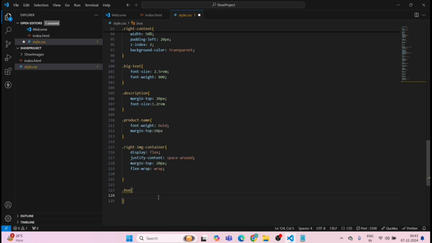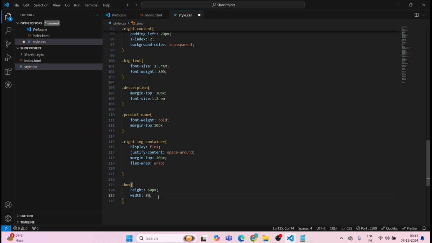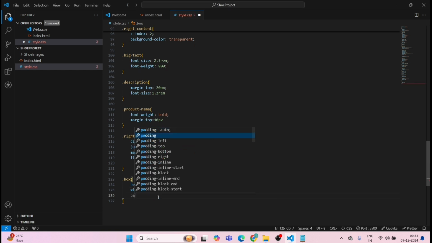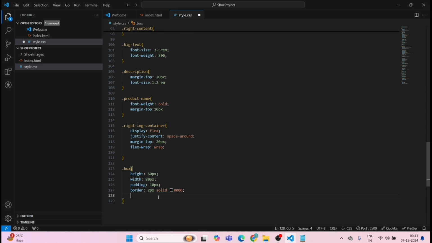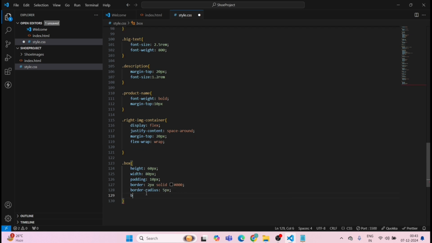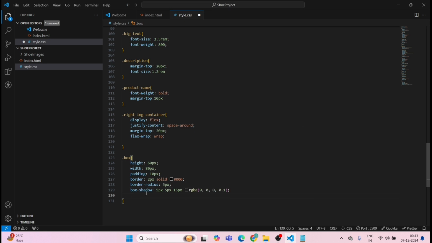We have the class box, height will be 60 pixels, width will be 80 pixels, padding of 10 pixels, border 2 pixels solid black, border radius 5 pixels, box shadow 5 pixels, 5 pixels, 15 pixels, RGBA 0, 0, 0, 0.1, cursor pointer. I will scroll it down,